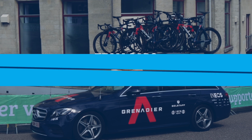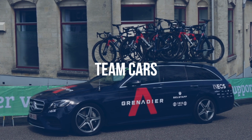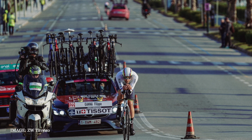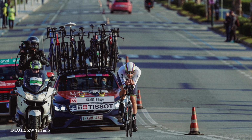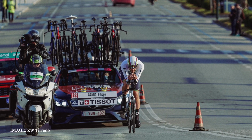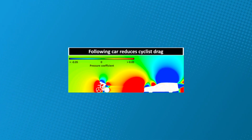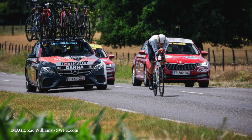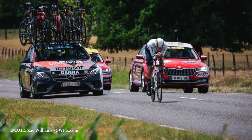Speaking of Ineos, our next aero gain to make it into the ridiculous corner is in fact the Mercedes C-Class Estate. So no, not exactly the car itself, but this is the vehicle that regularly gets stacked up to high heaven with spare bikes and then driven around TTs as closely as possible behind Filippo Ganna. However, from the 1st of January, a 15-metre minimum gap between the rider and team car aims to eliminate this advantage, which was calculated to be small but noticeable. Around 4 seconds over 50 kilometres, so that's about 1 to 2 seconds given the length of most road race